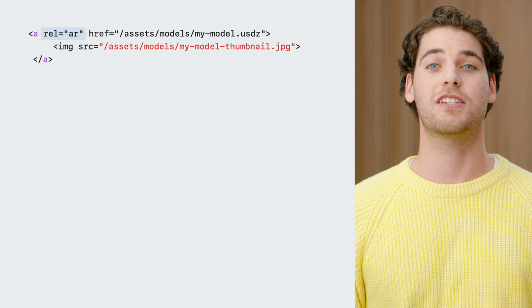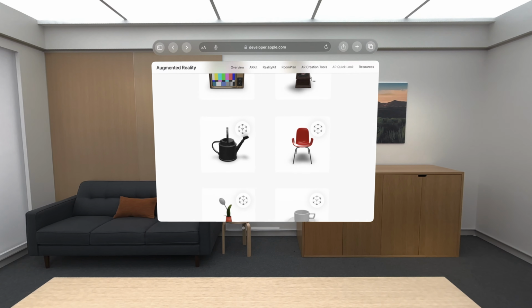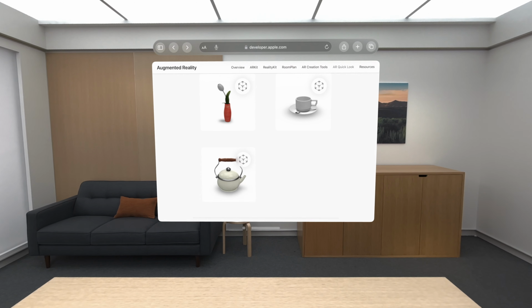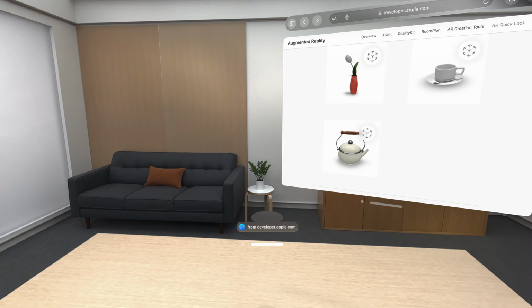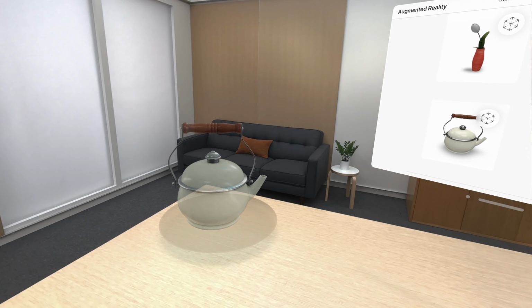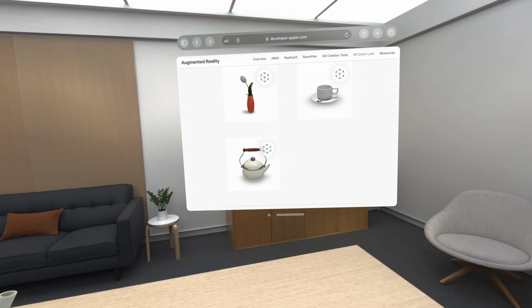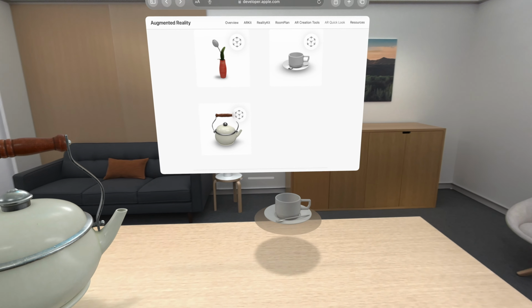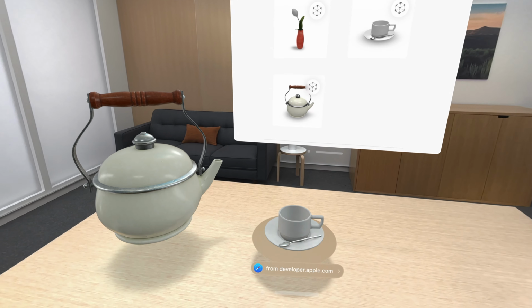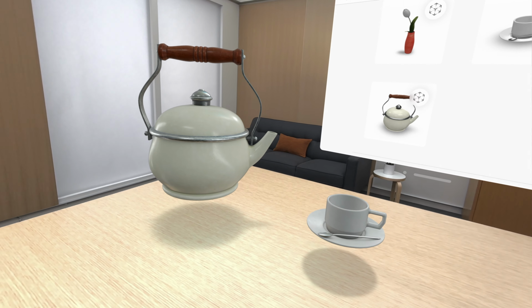Let's go over to Safari and check this out. We have the AR Quick Look gallery page open in Safari here. There are a bunch of 3D models linked to from this page, so let's open some of them up. Tapping on a link to this teapot downloads and presents that 3D model in a Quick Look window. Once it downloads, the model will appear. Tapping on the link to this mug presents it near the teapot and Safari. This is really great for e-commerce sites where you might want to view and place products in shared space to get a sense if it's right for you.